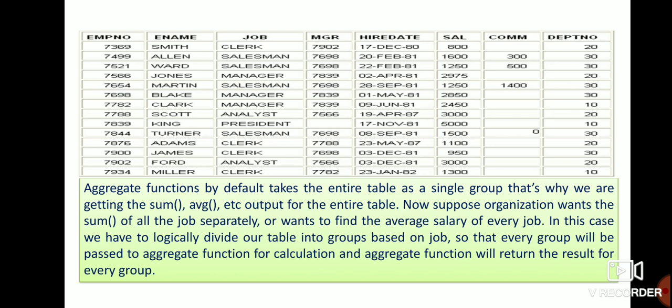Not individually, it will not calculate over the whole salary column. It will calculate in groups. For the 10th department, what is the data? 2450 plus 5000 plus 1300. So this will be the output of the 10th department. Next, the 20th department, it will calculate and display the output for the 20th department.